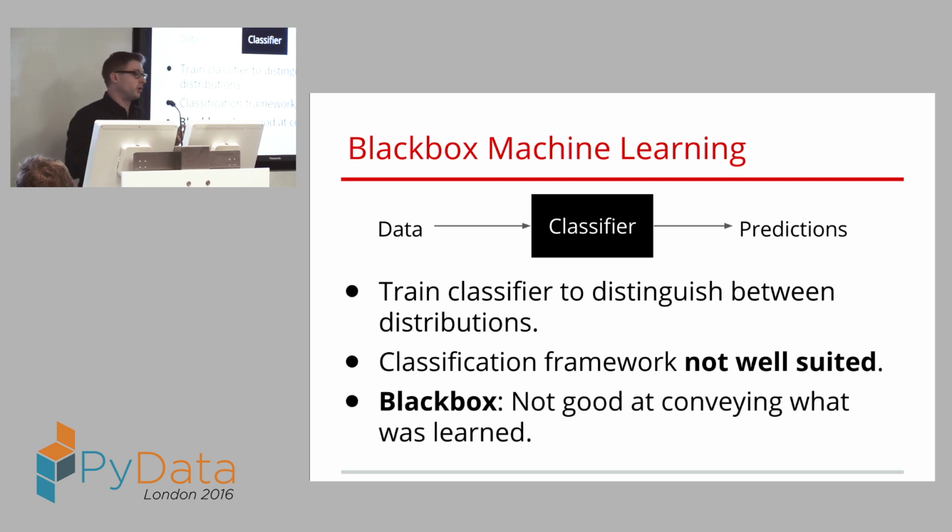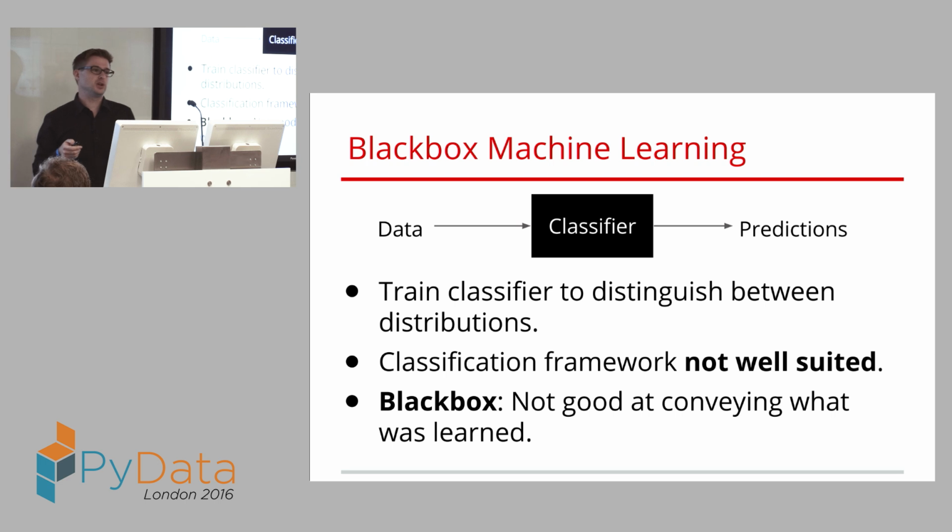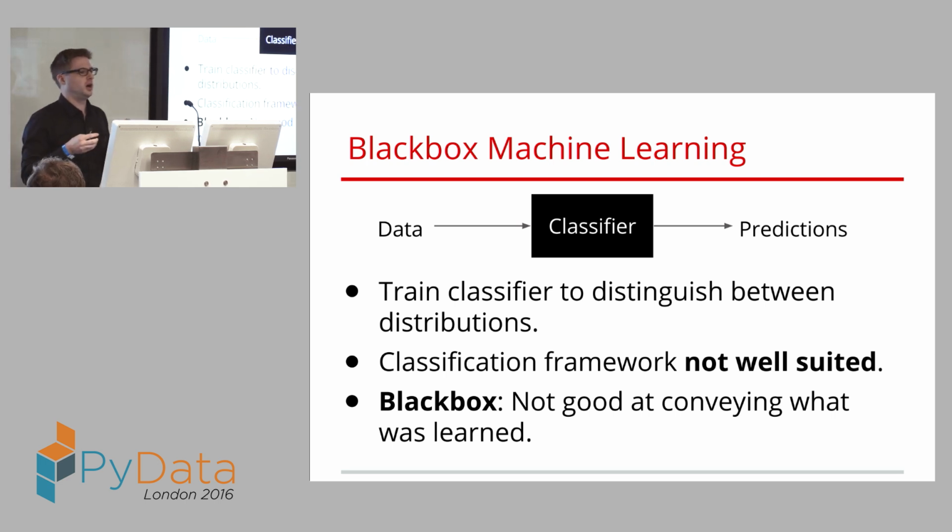And a more general point is also that these black box machine learning algorithms are often very bad at conveying what they have learned, right? That's why it's a black box, you can't really look inside that. It's some super nonlinear thing, like a random forest of hundreds of decision trees. And if you are a data scientist and part of your job is to actually provide insight into your data, how are you going to do that with a black box tool?